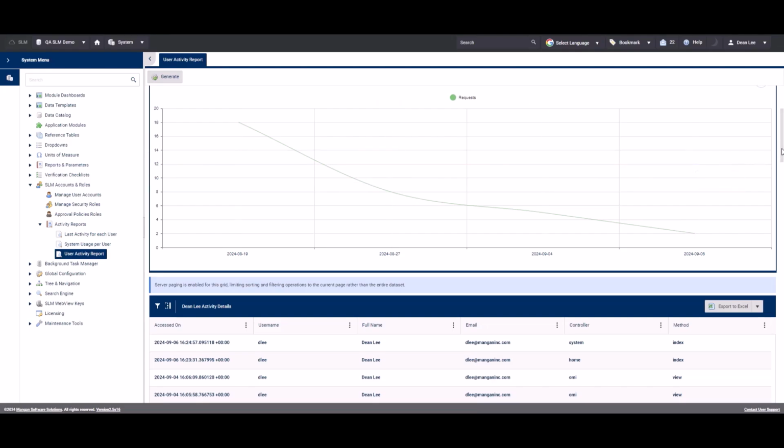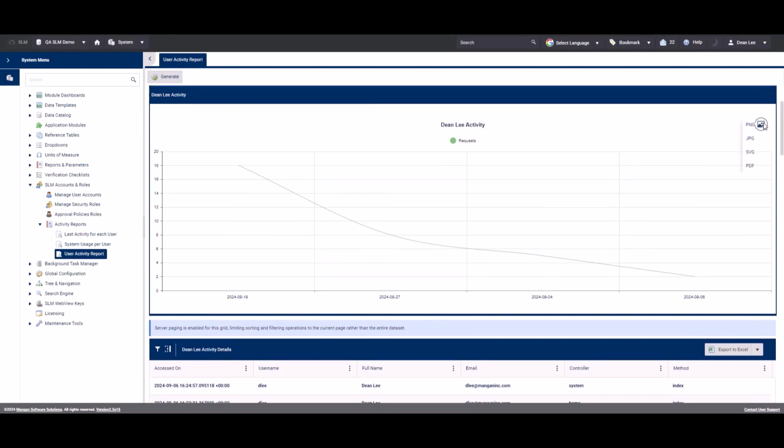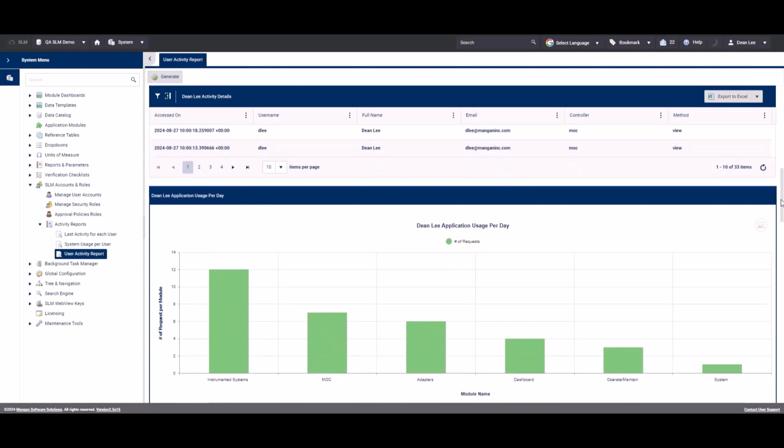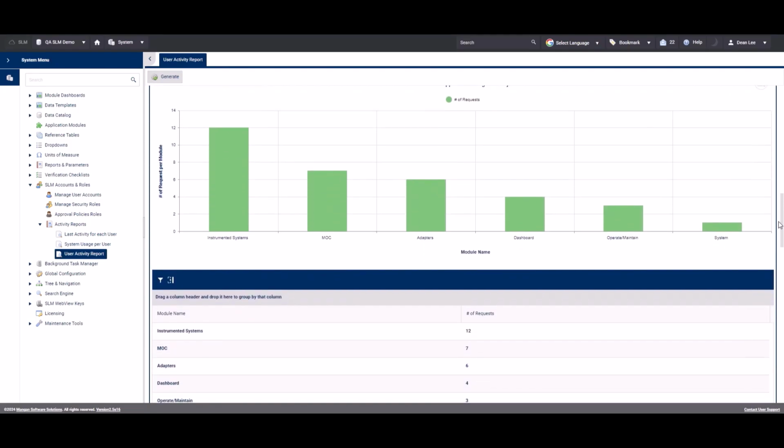If we scroll up just slightly, we can see the option here to download in a PNG, JPEG, SVG or PDF. If we scroll down here, we can see a bar chart. If you take note of the table below, as I hover over Instrumented Systems, for example, it temporarily highlights that row in the table below. So if I come across to MOC,